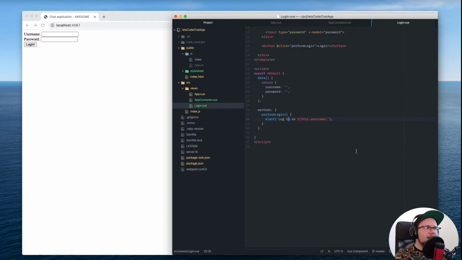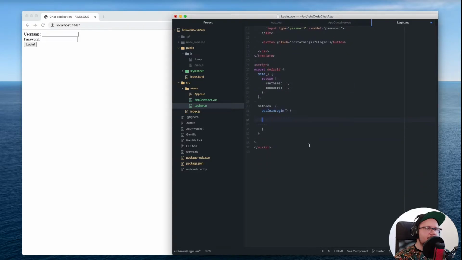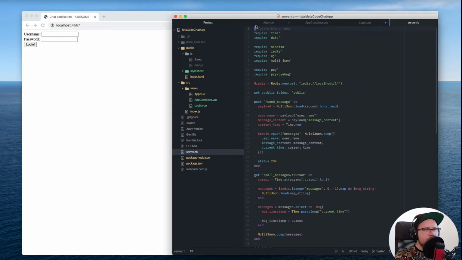So whenever I click login, what I want to happen is I want to send the username and password to the server, so the server can validate whether this is a valid user or not. And for that, I'm going to call fetch, and then we have to make an endpoint. So server